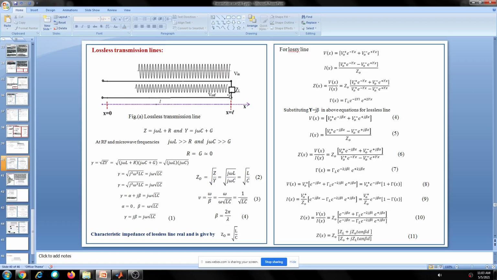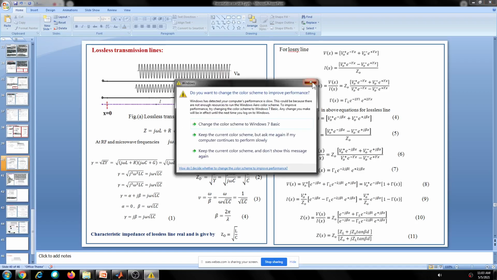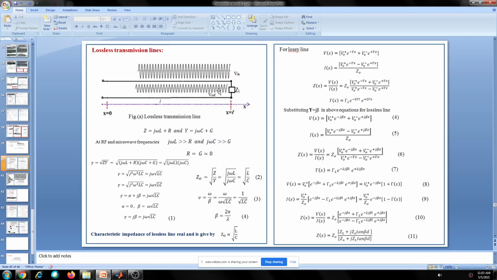What is the value of this ZL? If it is a short circuit, the entire wave will be reflected back, as we saw in the earlier class. The entire wave will reflect back if ZL is equal to 0, and also if ZL is equal to infinity. That means the amplitude of this is the same as this. But if ZL is other than short and open, the amplitude may be lesser than the incident voltage. Once it is generated here, as it travels over the transmission line, the amplitude remains the same and does not decrease, as you can observe here. We saw that in the earlier class.